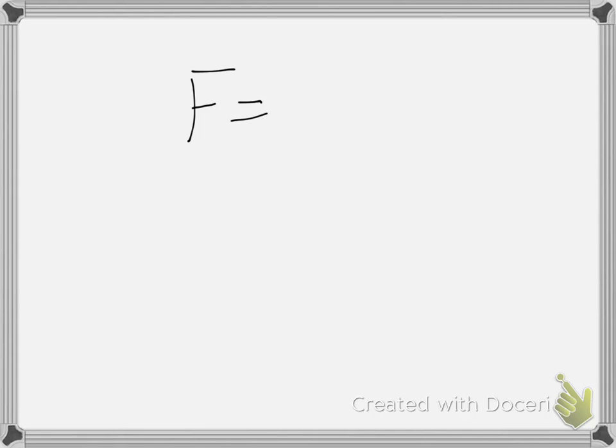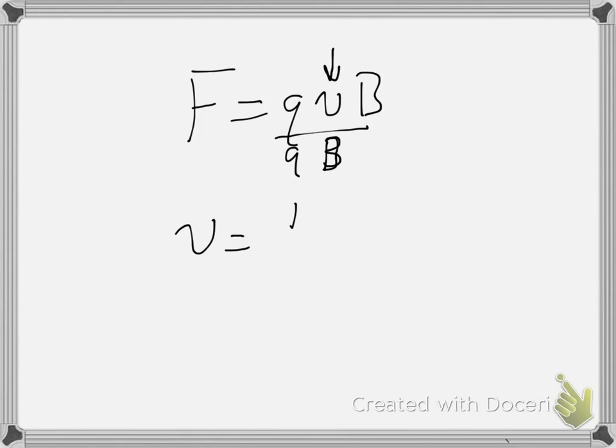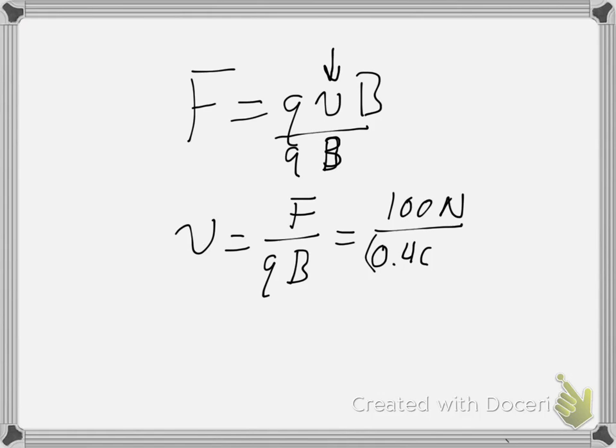We start with F equals QVB, and now I want to solve for V. In doing so, I just divide both sides by Q and by B. The result is V is equal to F divided by QB, which is going to be 100 newtons divided by 0.4 coulombs times 0.5 coulombs,